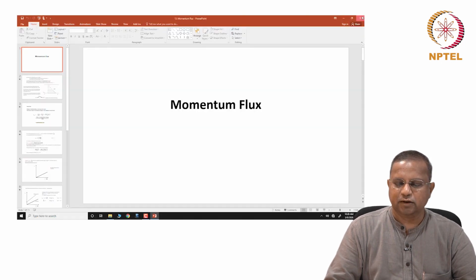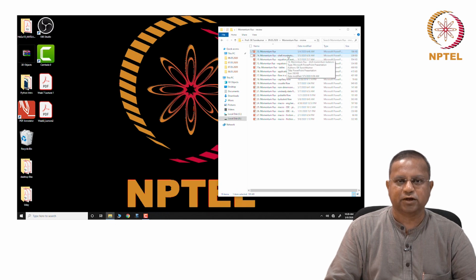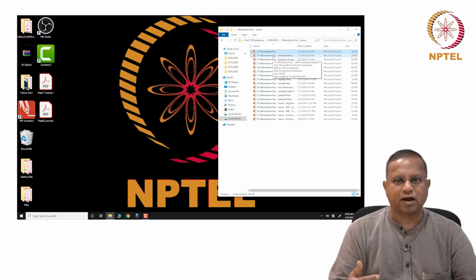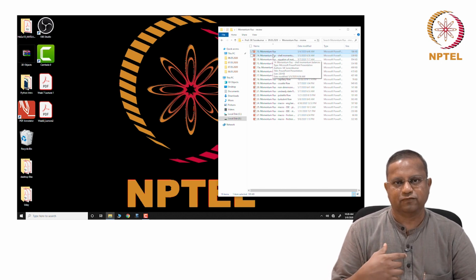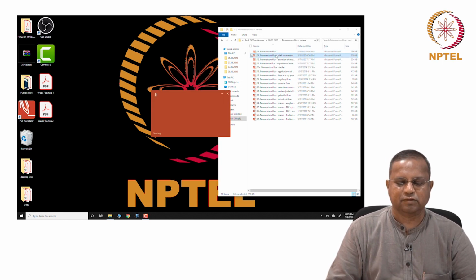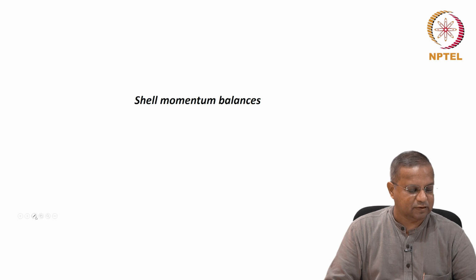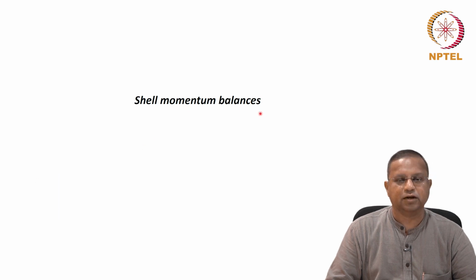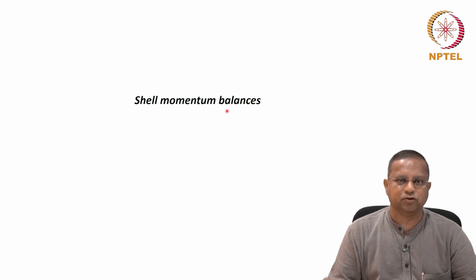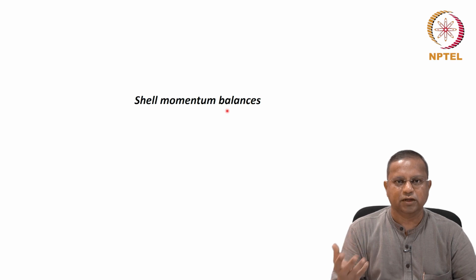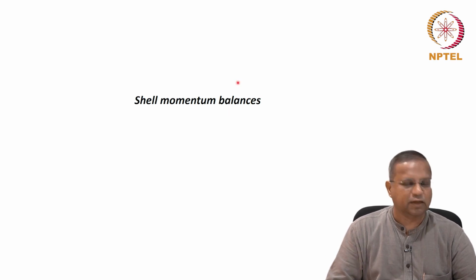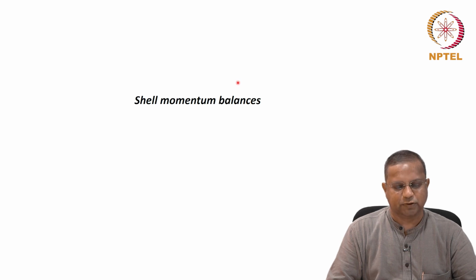Okay, then that was a long introductory chapter, but that was a lot of fun information, therefore it wouldn't have been tiring. Then we started getting into the analysis of these systems from the point of view of momentum flux. As we mentioned earlier, there are two major approaches to the analysis. One is a shell balance approach. The other one is the conservation equation approach. In the shell balance approach, you write momentum balances over a thin shell representative of the geometry of the system, and then you could integrate that to get the overall picture.